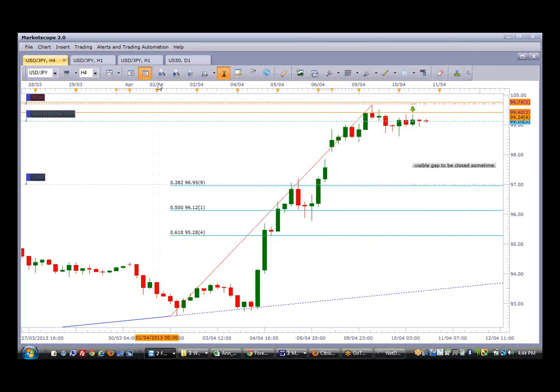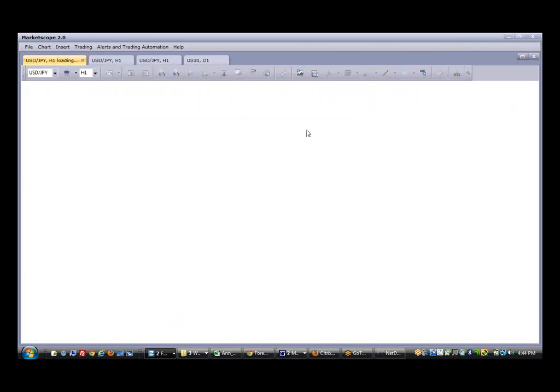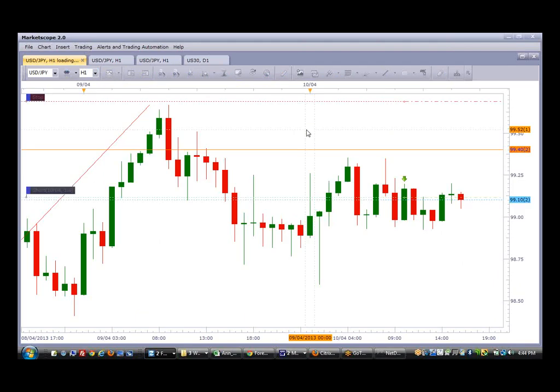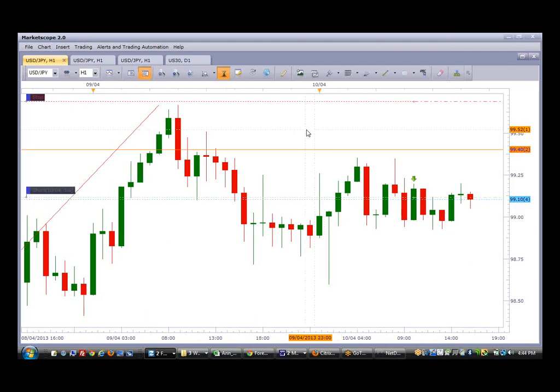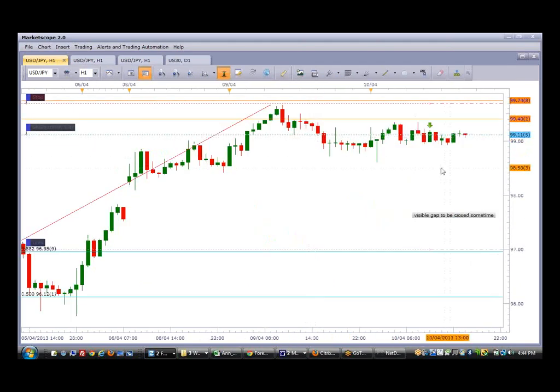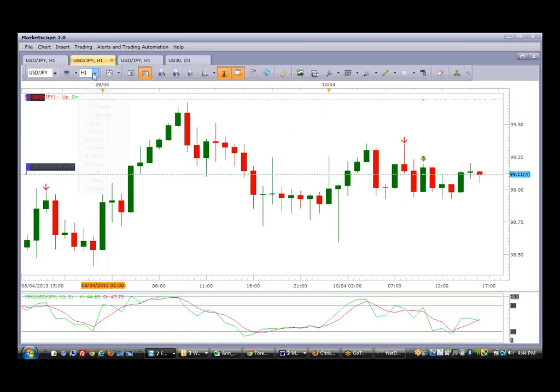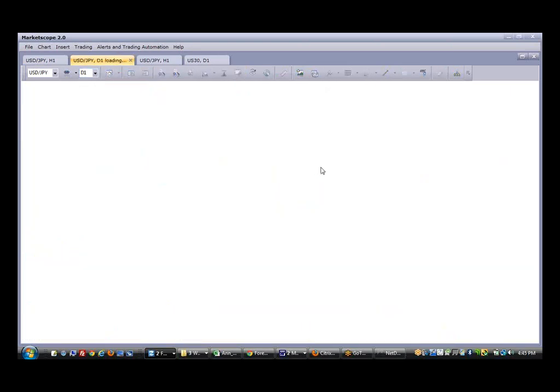On the 1-hour chart, the 1-hour chart also shows clear evidence of some form of weakness. However, it's also consolidating as well between two price levels, between this demand and supply area. But it's also clear that the lows are also lower as well. Okay, let's look at our method 2 setup, if there's any setups.